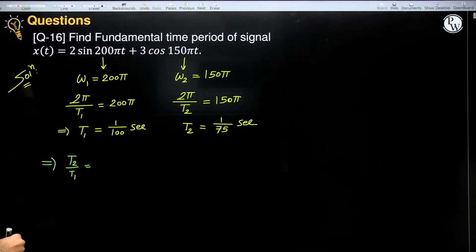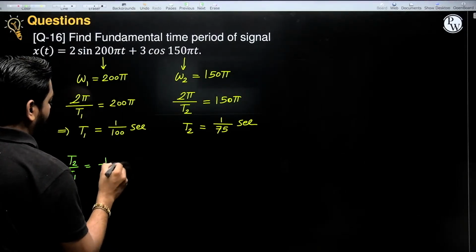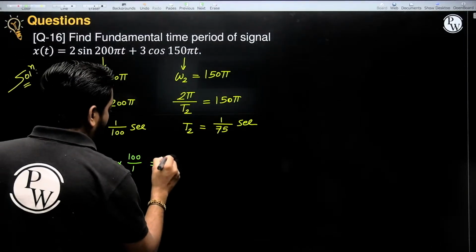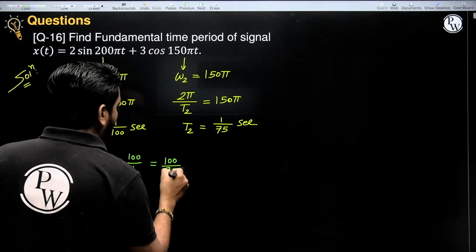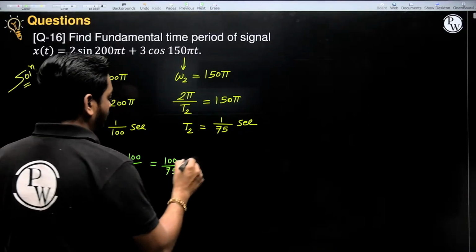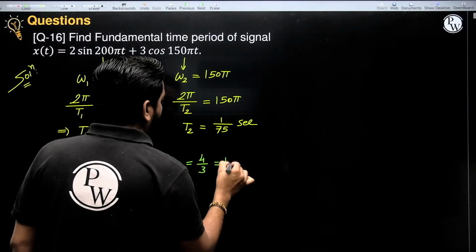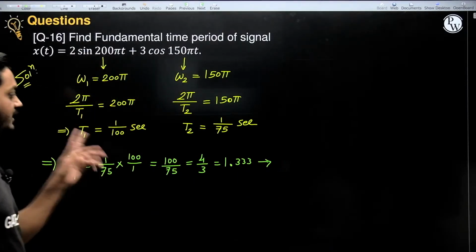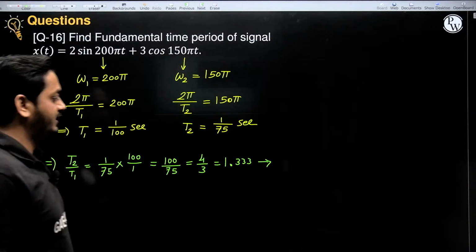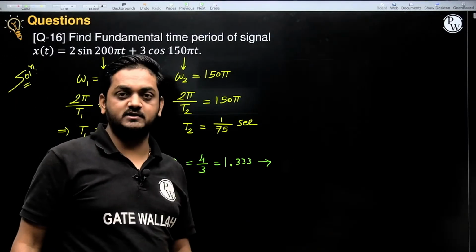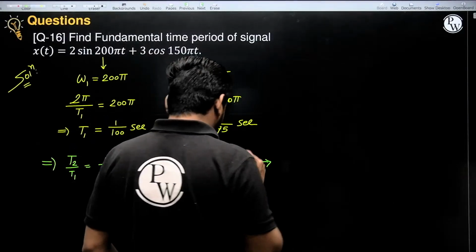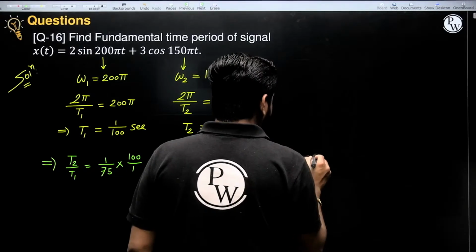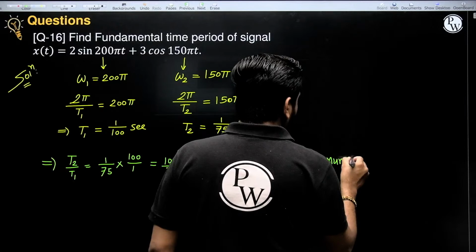So T2 by T1: T2 is 1 by 75 and T1 is 1 by 100. So it is nothing but 100 upon 75, which is 4 by 3, equal to 1.333333 and so on. So tell me, is this a rational number or an irrational number? We know that the ratio of any two integers is always a rational number. So here this is a rational number, and the given signal is a rational number,